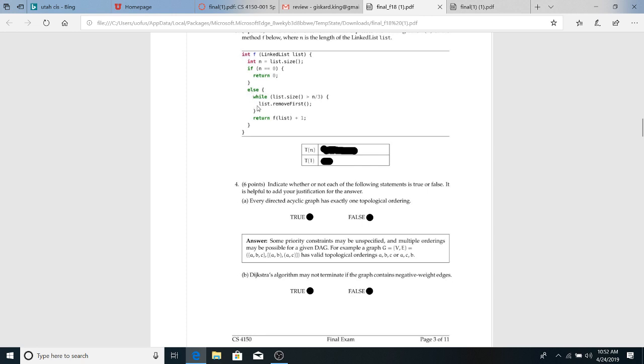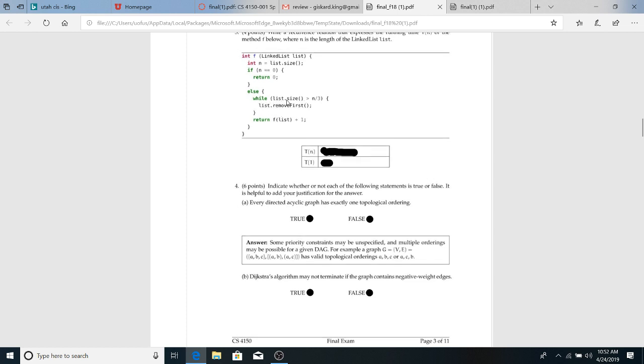Now, the other case is the recursive case, right? And so you have to figure out what we're doing here. If you see that we have this while loop, and inside the loop, we're always taking off the first element. And then we break out of the while loop once the size of the list is now a third of the original size of the list, right? So we're removing 2/3 of the elements. All right, and then we're going to recursively call the same process with the list that's